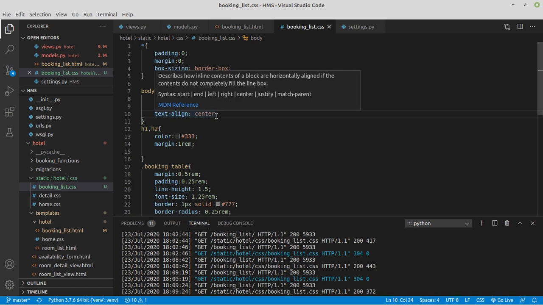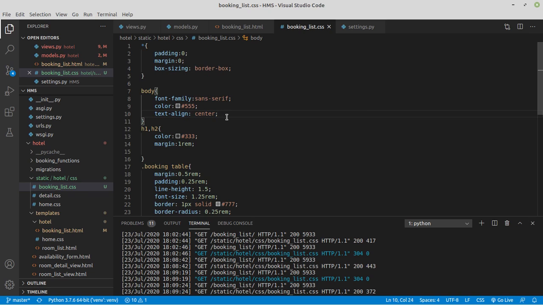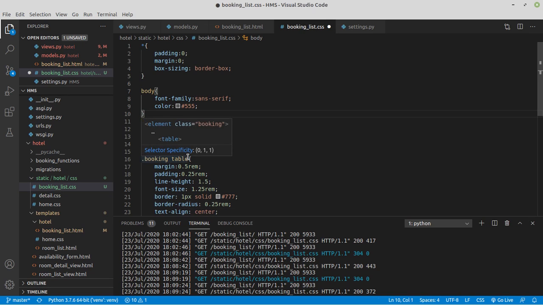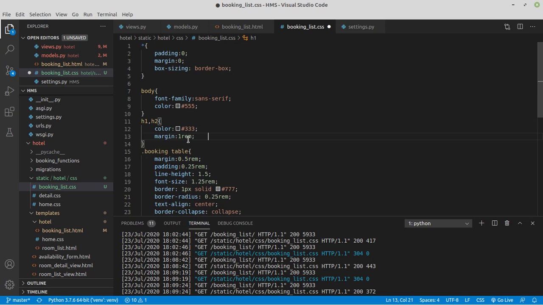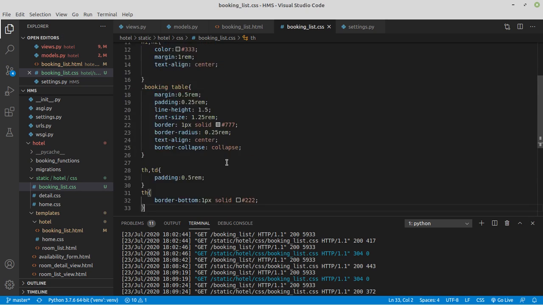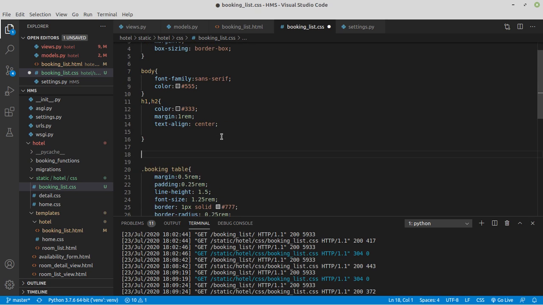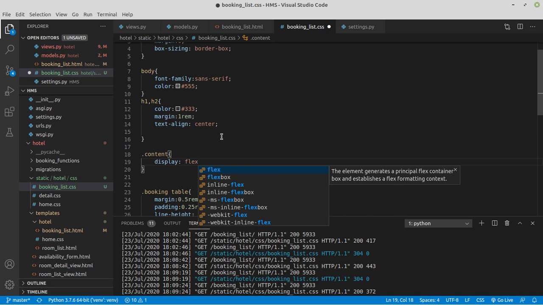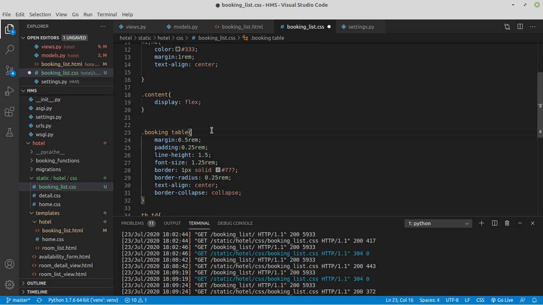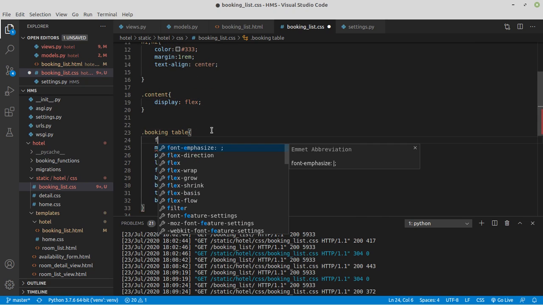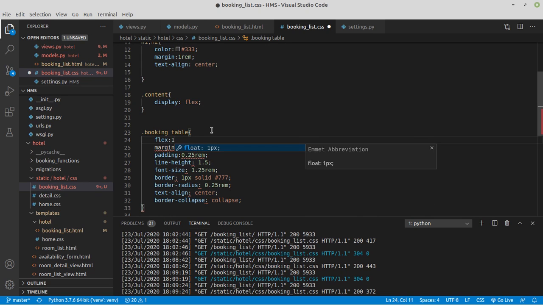So let's do one thing. Let's use flexbox over here. Okay, so now we will let this text align center be where it was, and then we'll select the content div. I'll make it here. This will be display flex. And for our table, we are going to do flex 1,